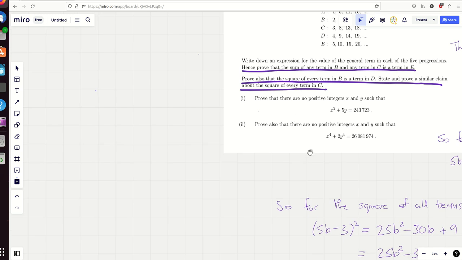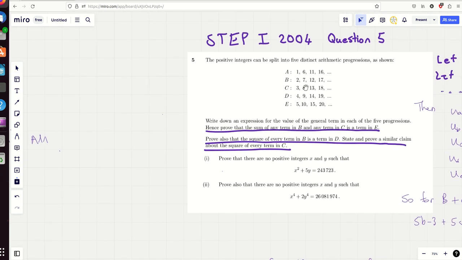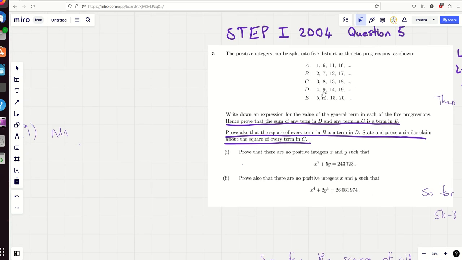Okay, so that's proved those results. So how are we going to do this question? Well, the stem has given us a massive hint. We've already shown that B and C. It's worth pointing out that all of these sequences represent the natural numbers. Every single one, because it's 1, 2, 3, 4, 5, 6, 7, 8, 9, 10. So if I can consider the squares of B, C, A, D and E, I'll then know what x squared